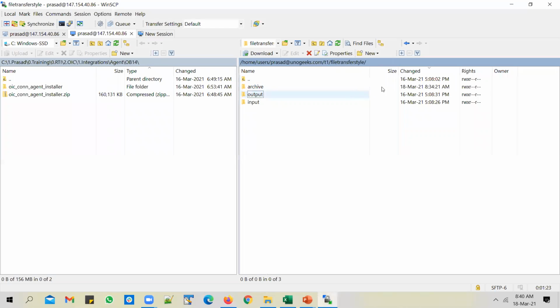But when you have to move it to another SFTP server, all you need to do is use a different connection. So instead of moving it from one directory to another directory, you will use a different connection that you created to connect to a target SFTP server and use it to write the file to that server.